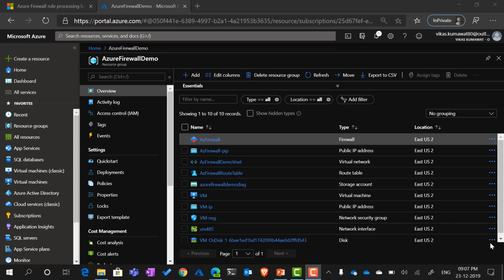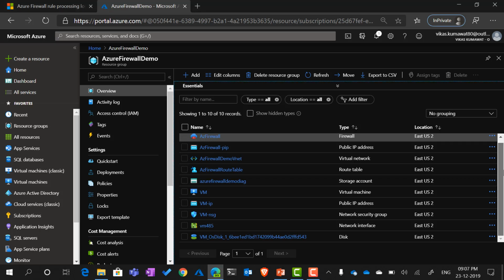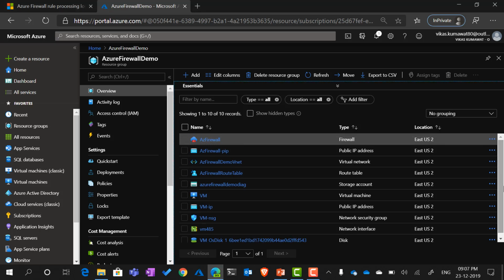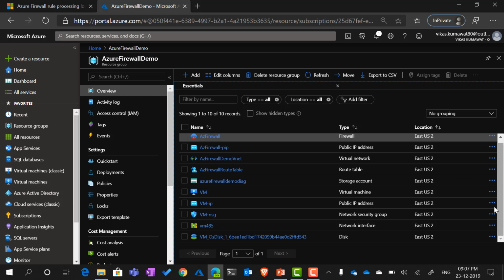Okay, folks, now I'm in the Azure portal, and if you see at the screen, I have already deployed some of the resources that includes the Azure Firewall as well to save some time. Before we jump into the configuration and see how the Azure Firewall really works in the real world, let me